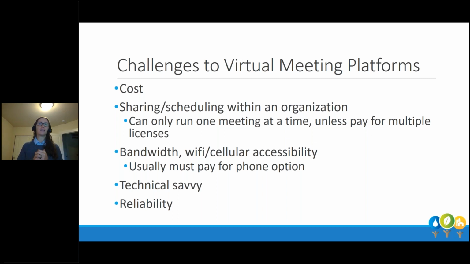Some still require a lot of extra steps. They have too much customization. They'll drive you crazy if you don't want to deal with that, or if you have trouble creating a meeting and so on. So that really does matter when you're looking at either a meeting platform or the other type of working virtual platform, and I'll show those today too, and which need or require more technical savvy than others. Last is reliability.